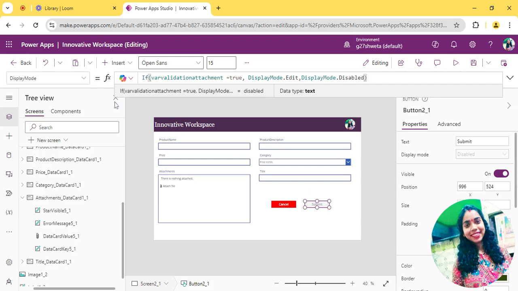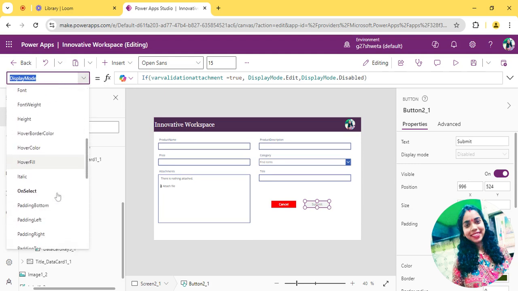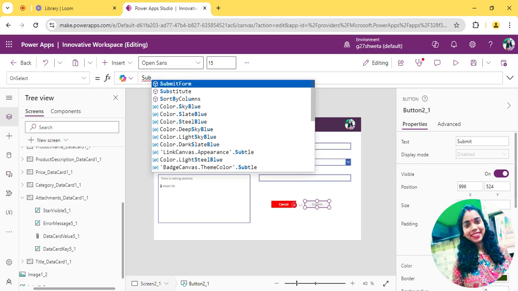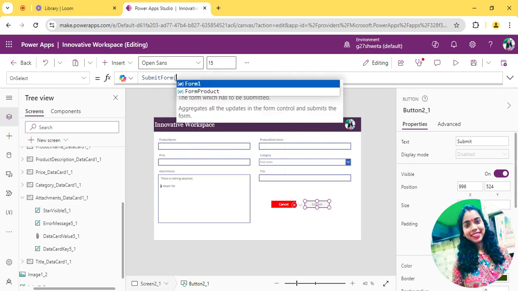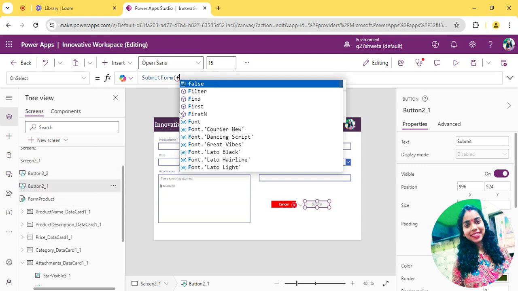And also on this select property, we can write our submit form function. Submit form, then your form name. My form name is form product.